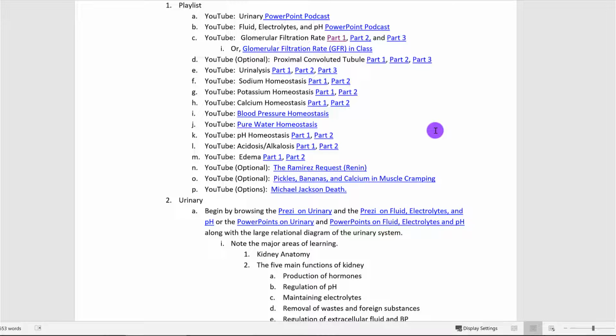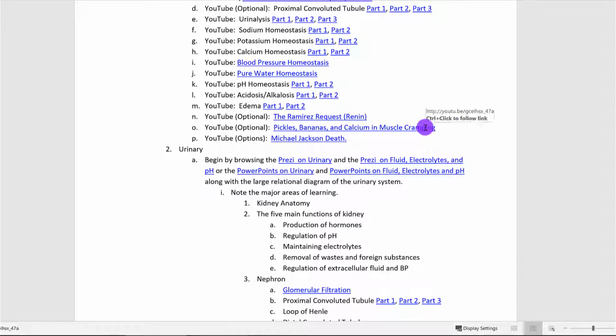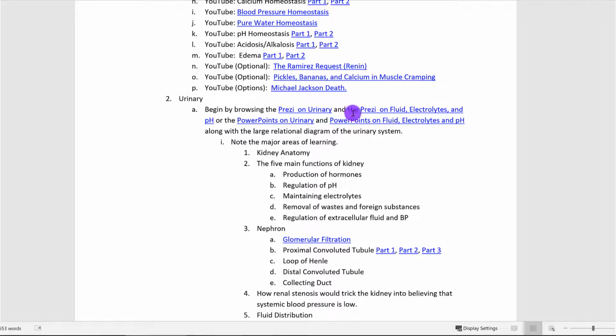Again, what I do with these outlines is I pretend that either my daughter or my wife or someone I know is trying to take this class, and what advice would I give them in order to be successful? I don't necessarily want to make it easy, because you have to rise to the challenge if you're going to make it through your program courses, but I also want to give you as much help as I can. And so I've divided this up into multiple sections. It's 8 pages long, which I'm a little embarrassed about because I'm a little wordy, but the urinary system is just that important. So you're going to want to begin by setting a foundation by making sure you know your